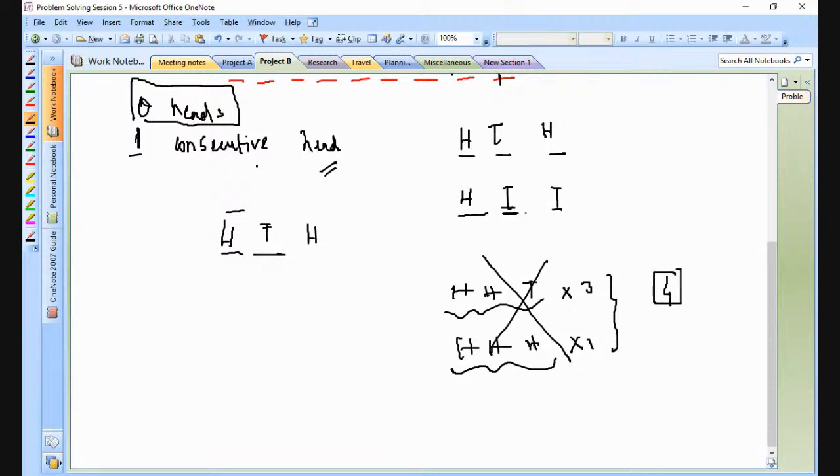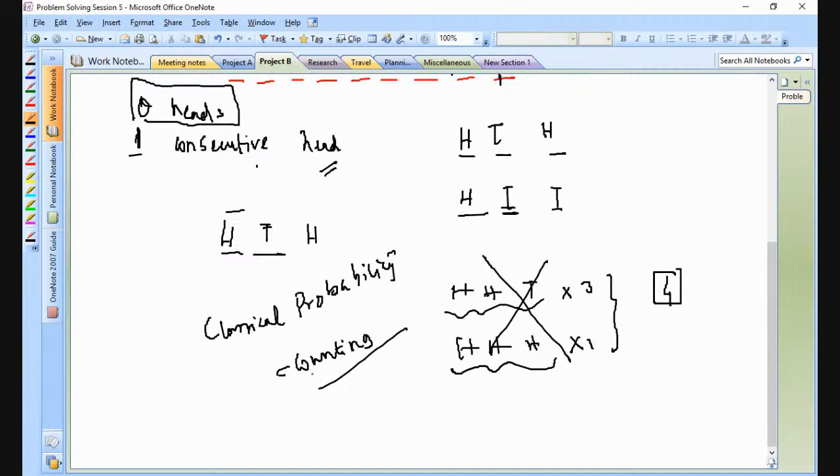But as you can understand, as you increase the number of heads from 1 to the number of tosses, 1 consecutive head is becoming too difficult, right? Because there will be heads. There will be heads. Do you understand the idea, guys? And again, between the heads, there will be a lot of combinations. So counting it, we usually say that classical probability is equivalent to counting. So here counting is itself becoming really difficult. Or is it? That's the question.